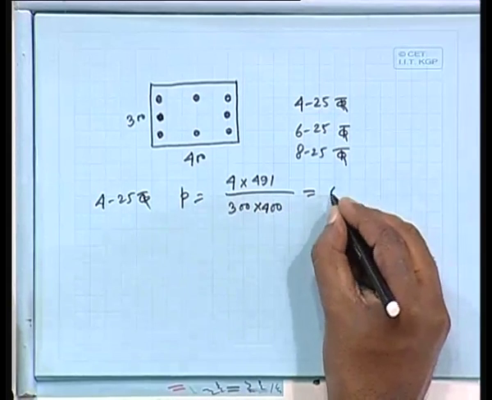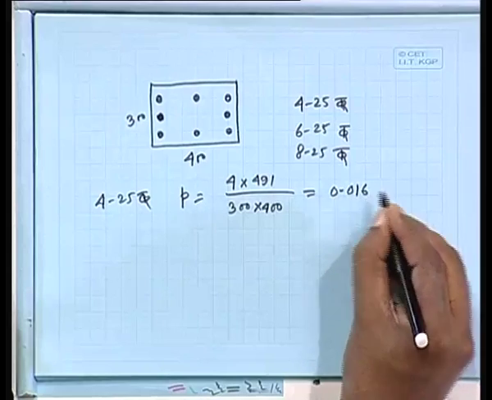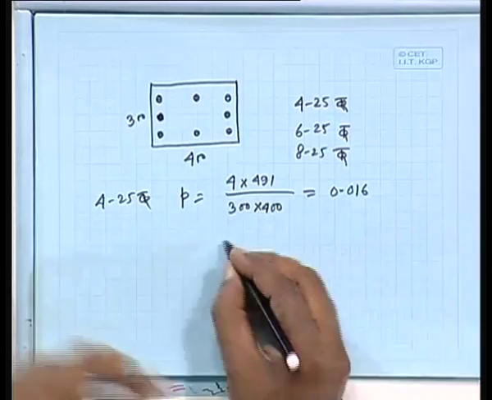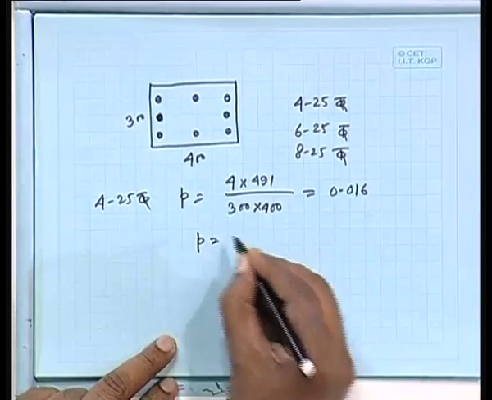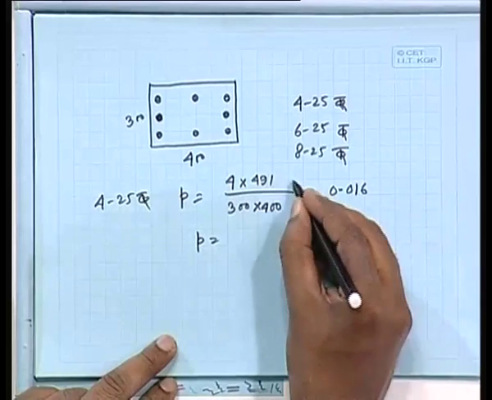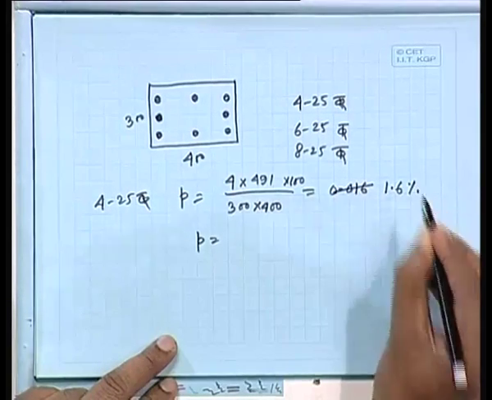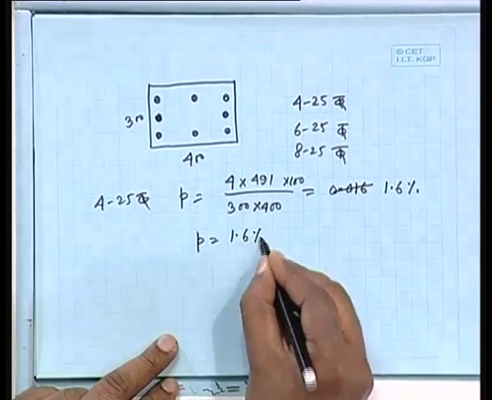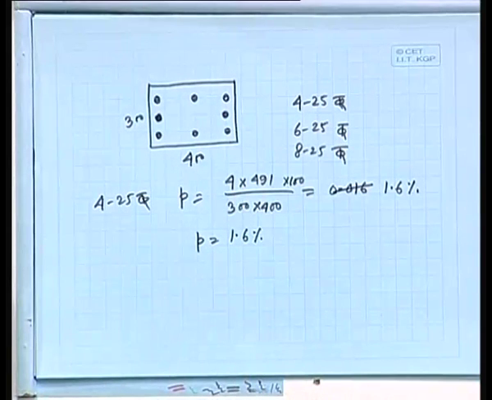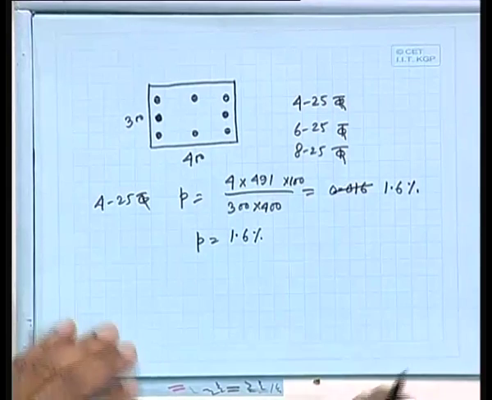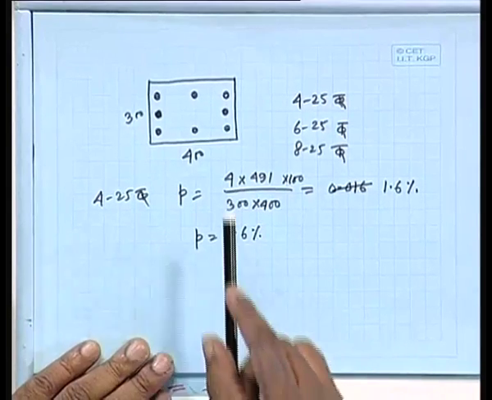Okay. So P equal to, into 100, let us make it, then it will be clear. So 1.6%. Okay. So when we are getting this 1.6% the area of steel, I prefer that, okay, let us use this one